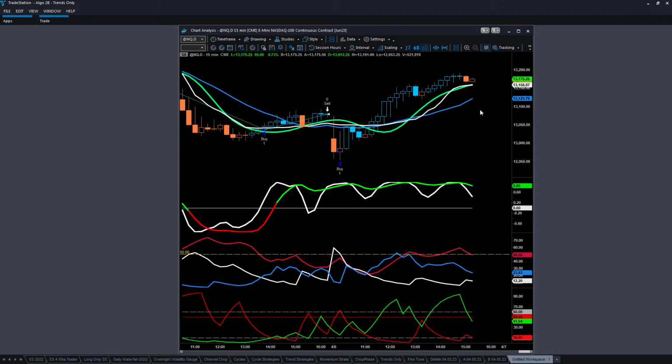And if you guys have something on TradeStation that's pretty basic and you want to convert it to a strategy, let me know. I can provide you some guidance on how to do that. It's super easy. And then you can test what works and what doesn't, because then you'll see that although it might have a fancy name,